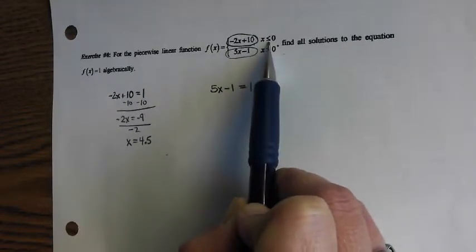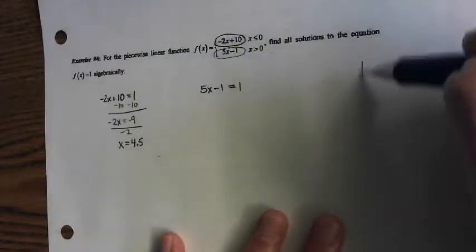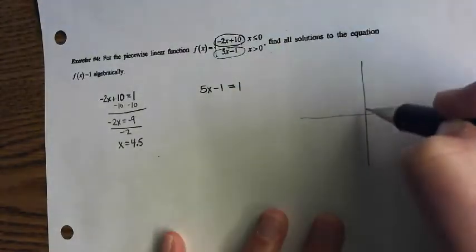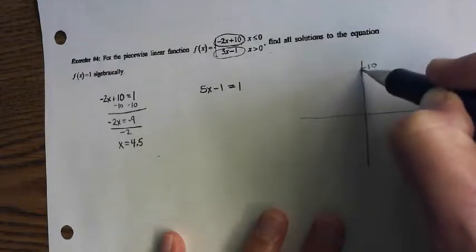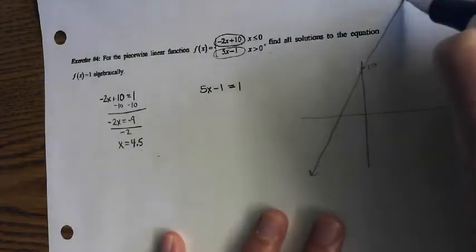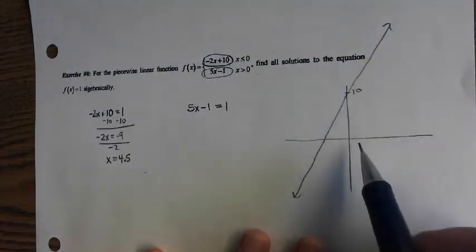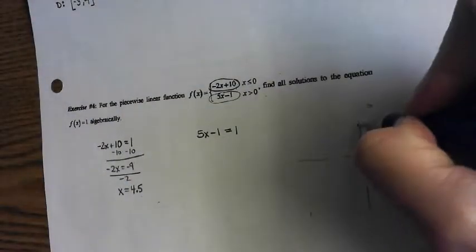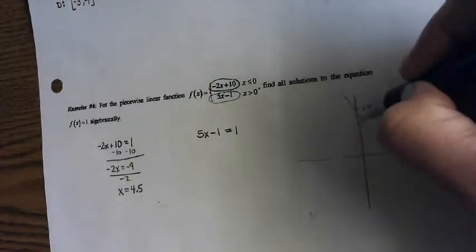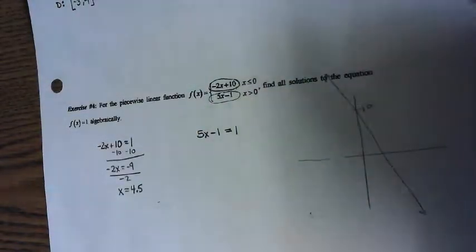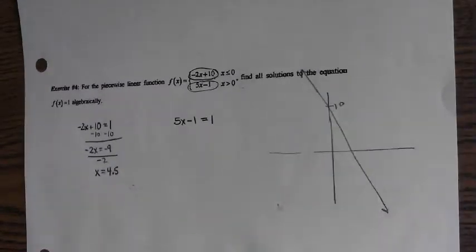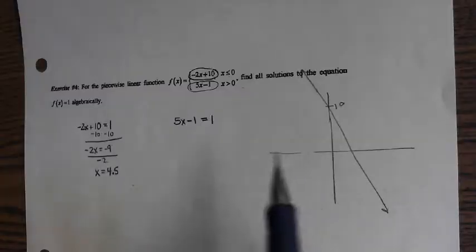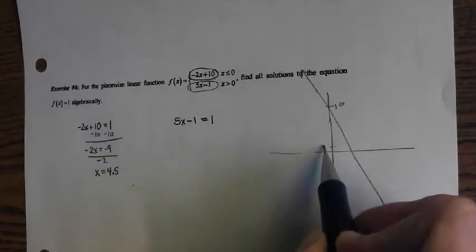No. So even though, if you think about this function, -2x + 10, if this is 10, -2x + 10 would normally look like that. So it would hit, did I do that wrong? Yes, of course I did. I did a positive 2 slope, and it should be a negative 2 slope. Hold on. Here's what the line, if it was just the whole line, here's what -2x + 10 would look like. So that line would cross 1 at